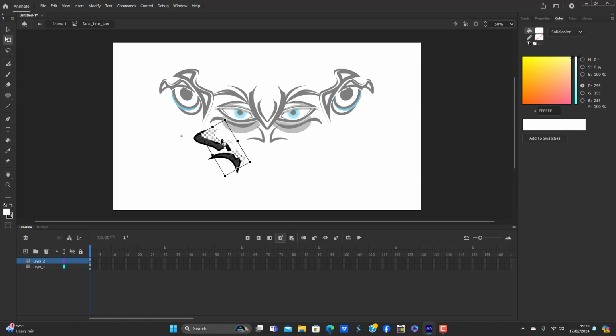I'm going to pull over like that. I'm going to get rid of that piece there. I'm just going to rearrange this white so it definitely